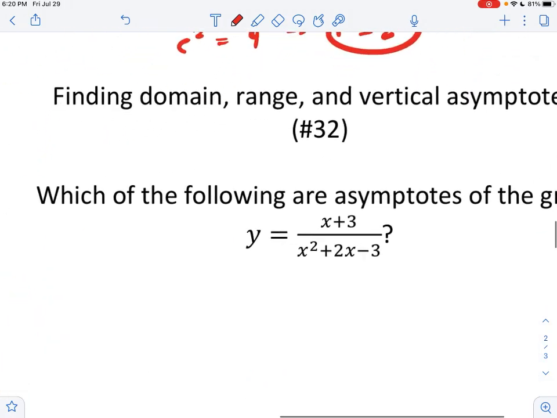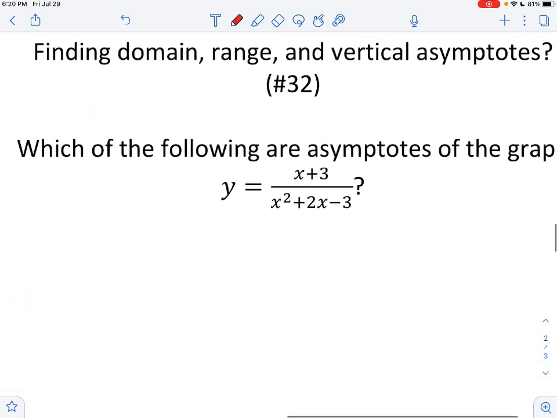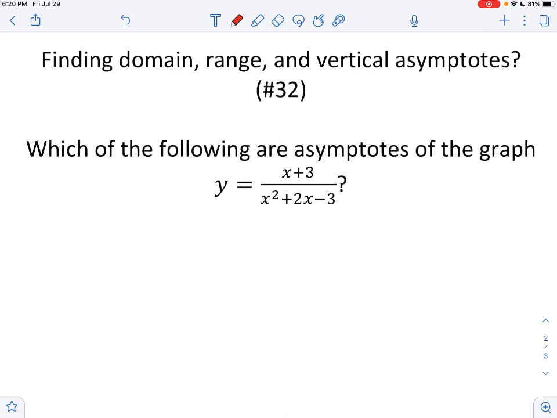So we are on the last skill, finding domain, range, and vertical asymptotes. I really like this skill. So what is domain, range, and vertical asymptotes? Domain is all possible x values that the equation will reach. So you might think, okay, any equation will exist at any x value, but how about an equation like